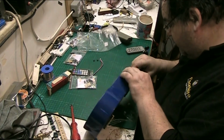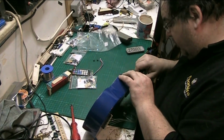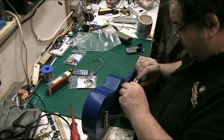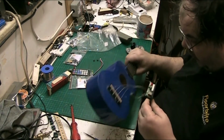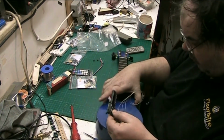I would have liked to have chopped that and put it in there, but it was not deep enough. It's not deep enough, so there's no point. I'd have liked to have put it in there, but it's not deep enough, so I'm not going to bother. So I'm going to put it. It's either going to go here,